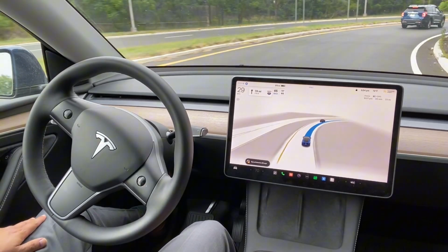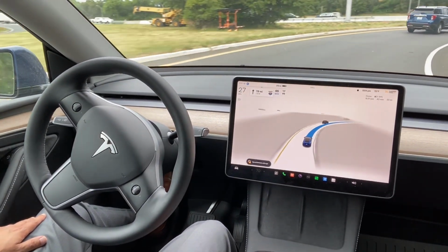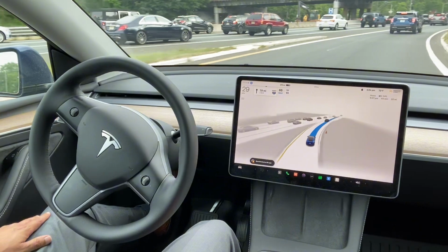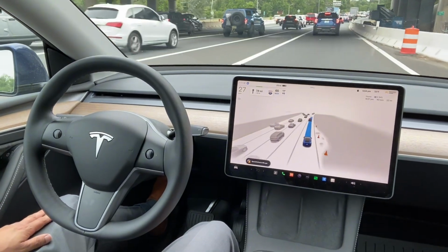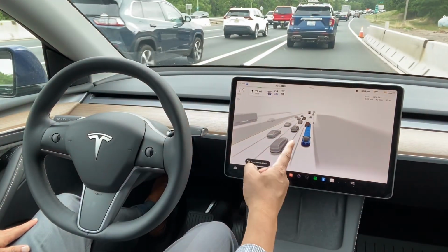So I'm driving Tesla FSD 11.4.3. I just wanted to give you an update on how it works on the freeway. I'm taking the freeway ramp here. There is a lot of traffic, so I want to see how the car merges onto the freeway. This is the freeway we are going to merge onto,